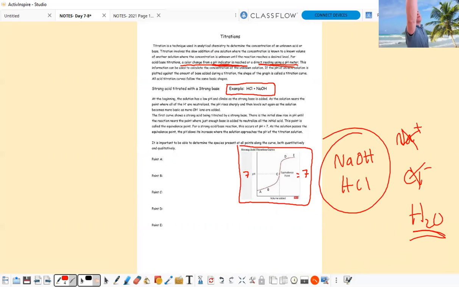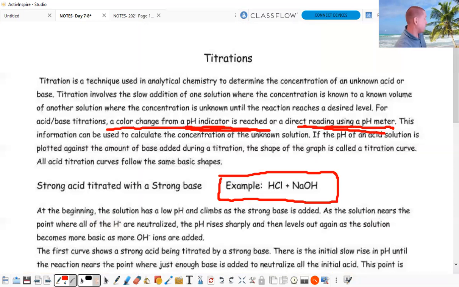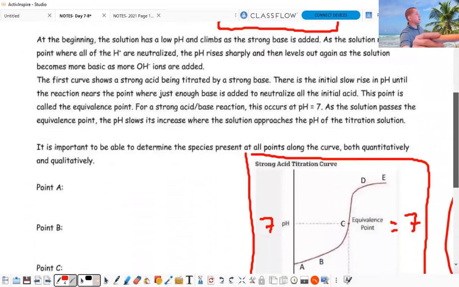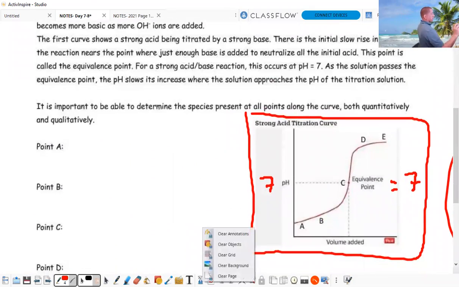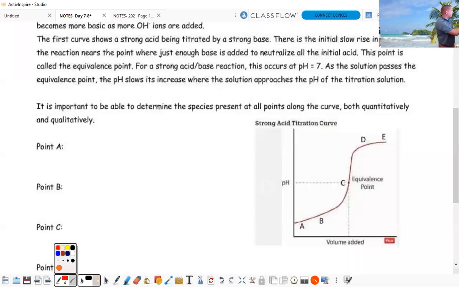All right, so let me zoom in here and let's show the reactions and show that we do already know how to do all of these pH reactions and calculations. Both reaction and calculation. All right, so at point A. So right now my points are a little off. So the point A I'm talking about is right there where you have 0, so there's no base,